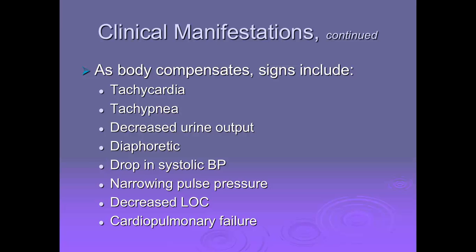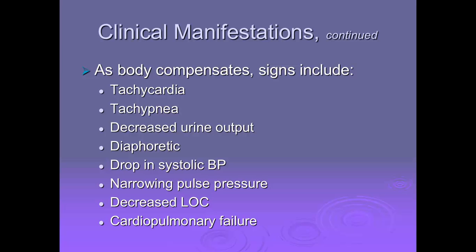During the compensatory and progressive stages, they will have hypotension. They will have a rapid thready pulse. Respirations are increased. The skin is cool and pale. Now it includes the trunk and not just the periphery. They have poor skin turgor with fluid loss. They start to develop edema with the fluid shifts. Their mental status, they may be restless, anxious, confused, or agitated. Urine output is oliguria, so it's less than 30 milliliters an hour. Other things, they have a marked thirst, acidosis, hyperkalemia, decreased capillary refill time, decreased or absent peripheral pulses.